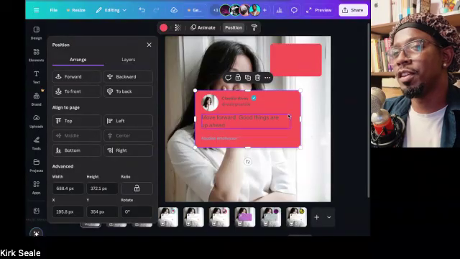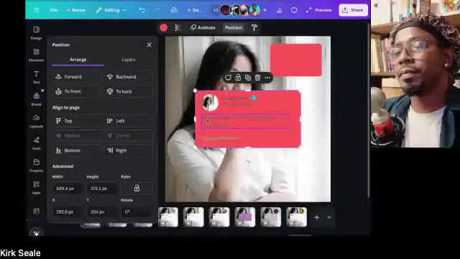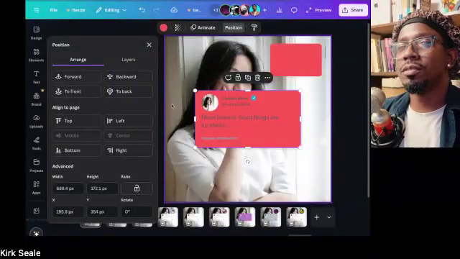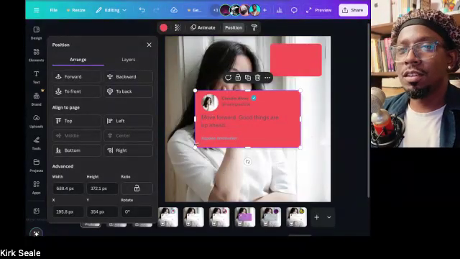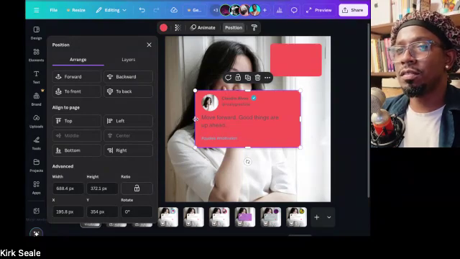The midpoint of this shape. Actually, that would be the vertical midpoint. Yes. So if you're looking from here to here, the middle that's right here,